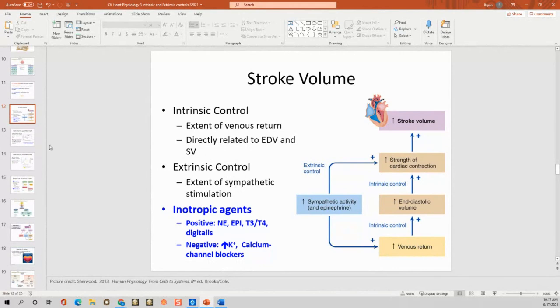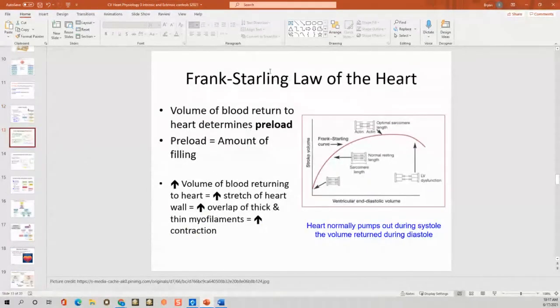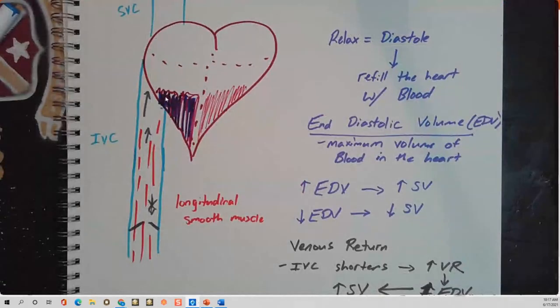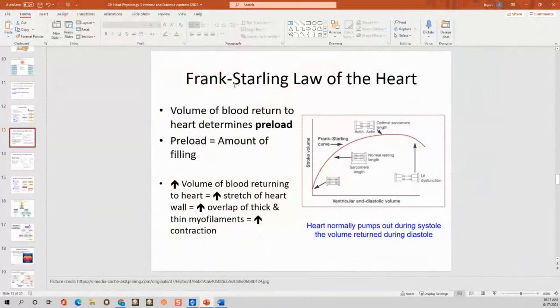So, extrinsic controls, sympathetic stimulation. All right. Well, we're going to come back to Frank Starling law of the heart. It's all about preload. Preload is how much blood is entering the heart to begin with. But as we just mentioned in our little simple drawing, what do we know? If I have more preload, that means there's more blood in. So what's going to happen to the amount of blood that can be ejected out? Increase, decrease, no change. So the short and sweet of Frank Starling law is more blood that enters the heart, the more blood can leave the heart. And it has to do with actin-myosin overlap stuff, and I'll teach you all about that on